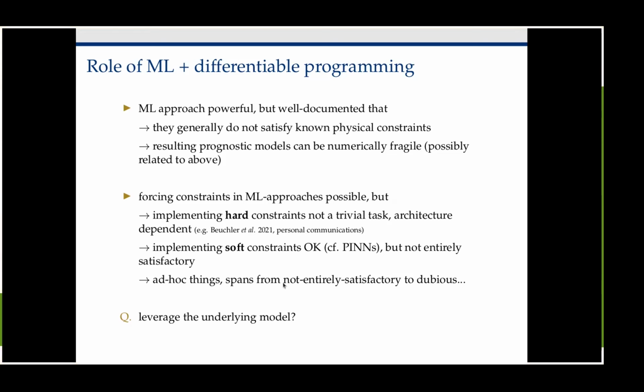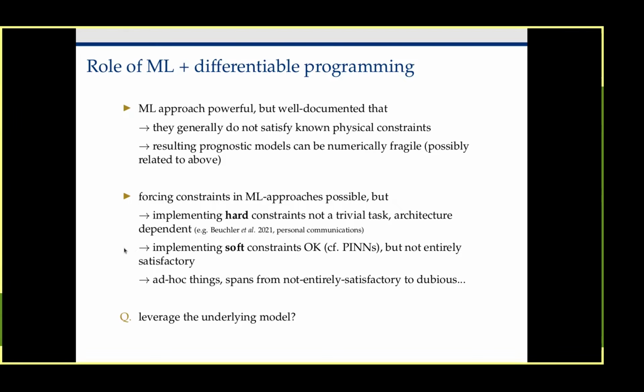There are other ad hoc things to stabilize the model, sometimes stabilizing models, sometimes forcing constraints. Some of these are not entirely satisfactory, and enough of these are also very dubious. One issue would be that you take a machine learning approach, develop a parameterization, and then put a stabilizer right at the end. Then the machine learning is doing whatever it wants, but the stabilizer stabilizes it anyway. You then say the machine learning works, but actually it might just be the stabilizer which is helping you. It's very hard to separate, and that's not very